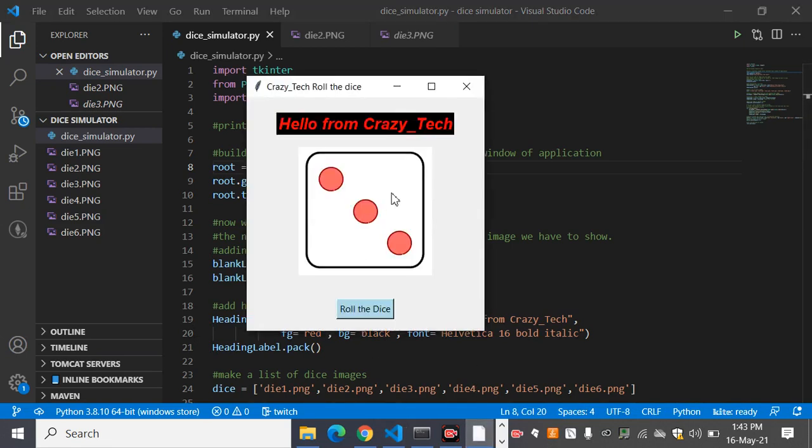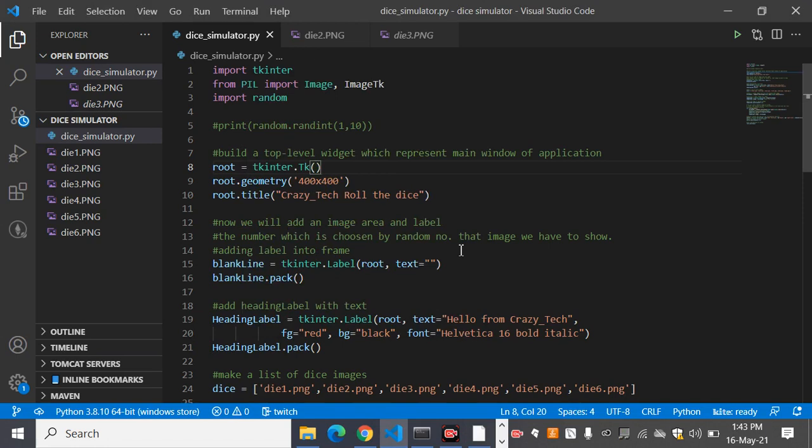The complete project will look something like this. We have a button to roll the dice, and to change the dice position it simulates. That's simple. So let's get started with the coding part. To better understand the code, let's understand it in different parts. First is to import the libraries, second is to design a window, third is to load the images, fourth is to implement the functionality of the button where the user clicks to simulate the dice, and fifth is to display the images. And that simple it is.